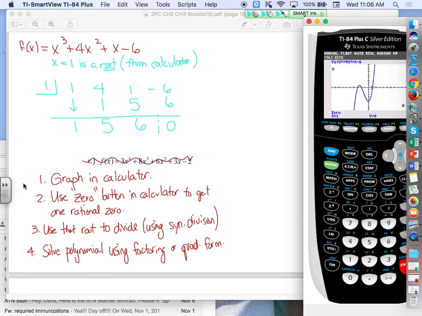So now I can take these terms. Remember, these are the coefficients for the depressed polynomial. You started with a cubic equation, so these are the coefficients for a quadratic. And if I set that equal to 0, I can find all the rest of the roots. Like I said, these are all going to factor for you. So this factors nicely however you decide to factor. I don't do that British method thing. X times x will give me x squared. Plus and a plus is a plus and a plus in here. Factors of 6 that add up to 5 would be 2 and 3. 2 times 3 will give me 6. 2x plus 3x will give me 5x. If I set each of these factors equal to zero,